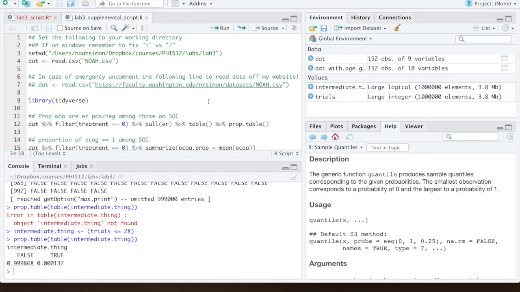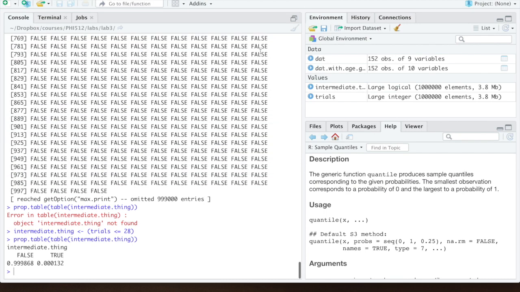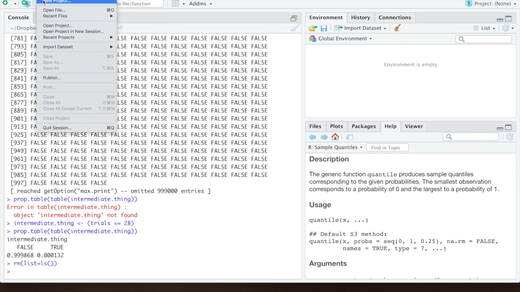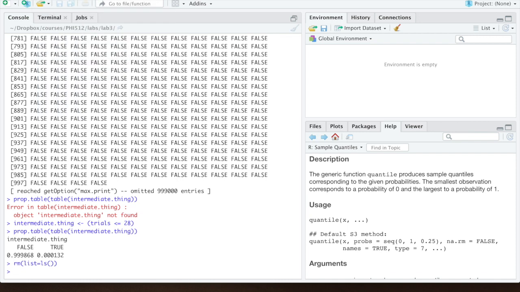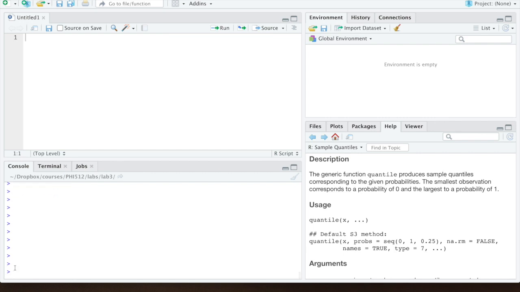Let's open it. Oops, I already had one open. Let's close all these windows, and we're going to remove everything from our working directory. We are going to open a new R script file, and I'm going to just clear out this window. Great, so we have a new R script file that we are going to use to engage with the NOAA trial